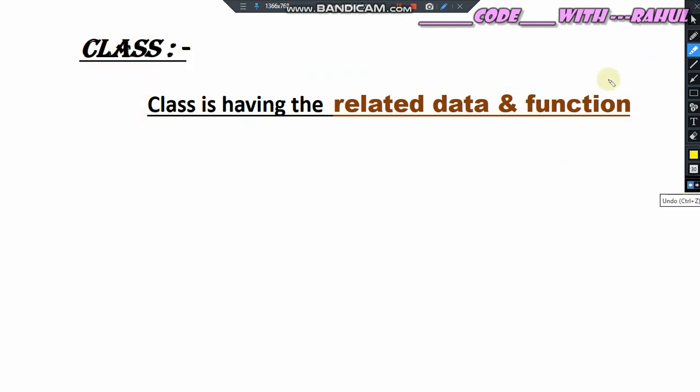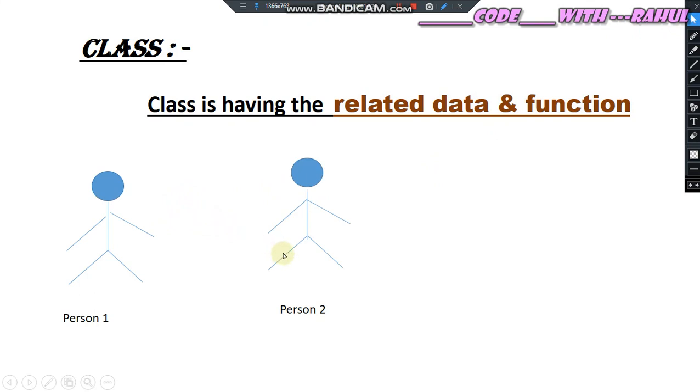Clear the screen now. To understand the concept of the class, we must clear the concept, so let's take an example. Suppose this is person 1 and this is person 2. How can you differentiate these two persons, person 1 and person 2? Of course, with their